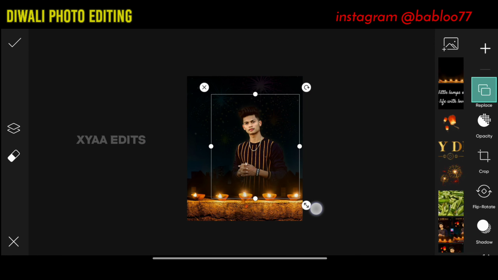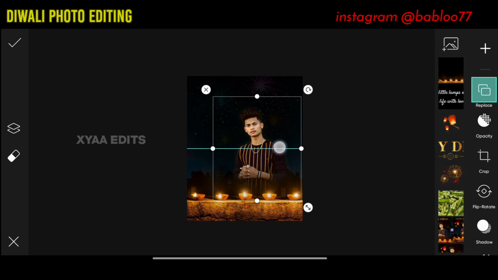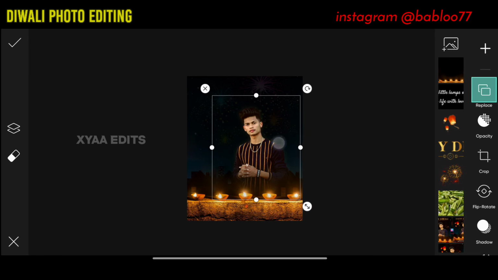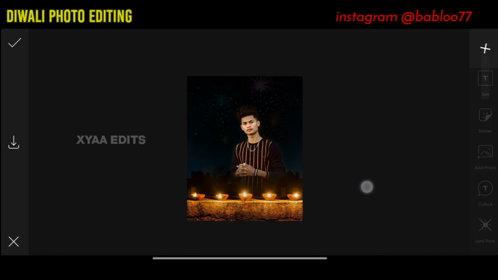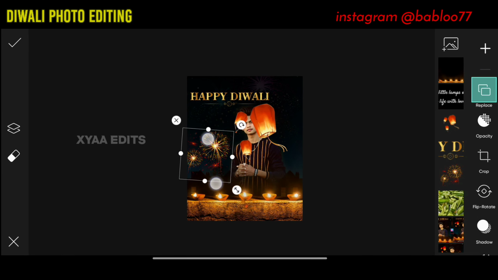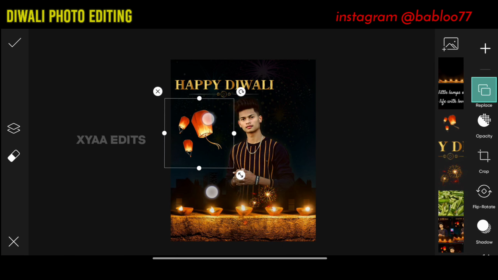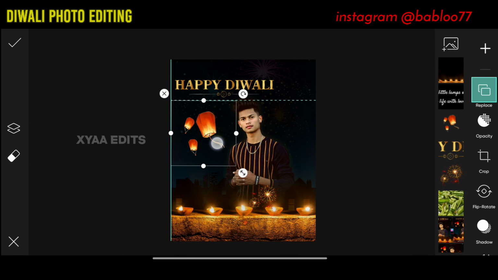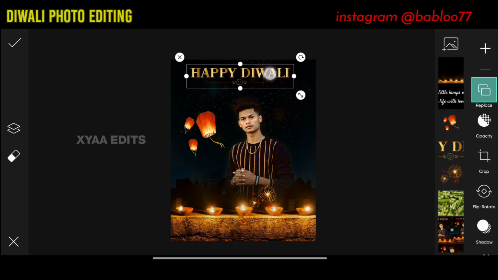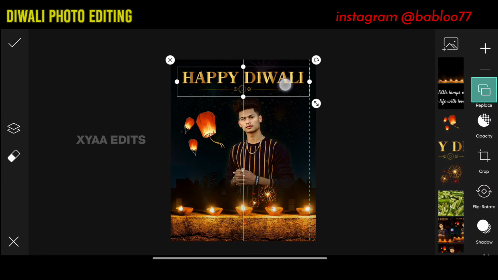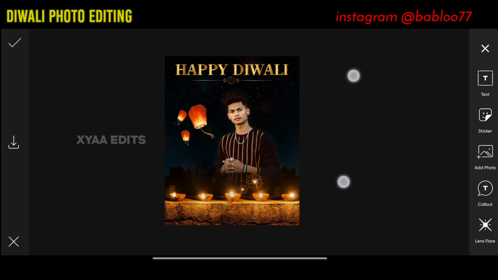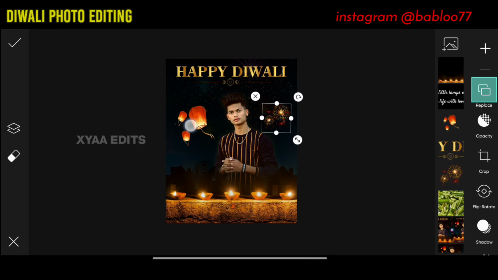You have to arrange here perfectly. Next step, go to add photo and select further PNGs. 3 PNGs. I am going to arrange one by one. Okay. First I am going to arrange in this portion here. Second, you have to arrange this Happy Diwali on the top, bring little down, and next you have to arrange these crackers